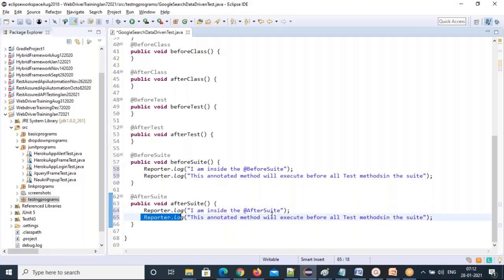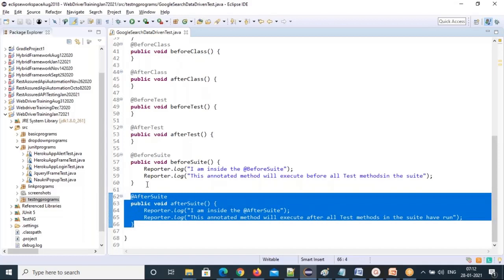This annotated method will execute after all the test methods inside the suite have run. Then this AfterSuite will execute. Basically, you can execute the test cases, and after the complete suite file execution, finally the AfterSuite code will execute.